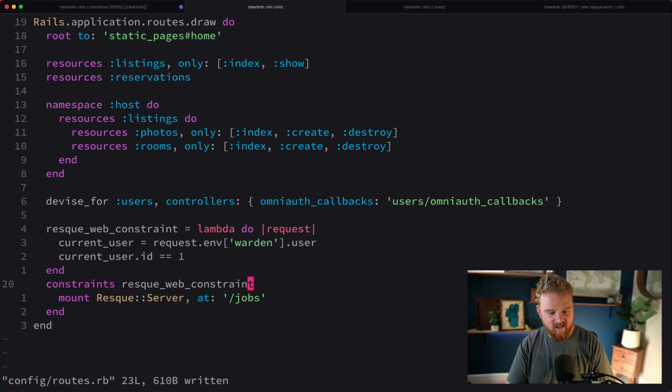All right, so we'll change the constraints to the Resque web constraint